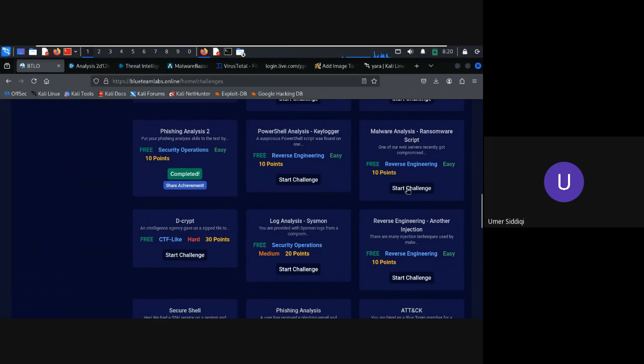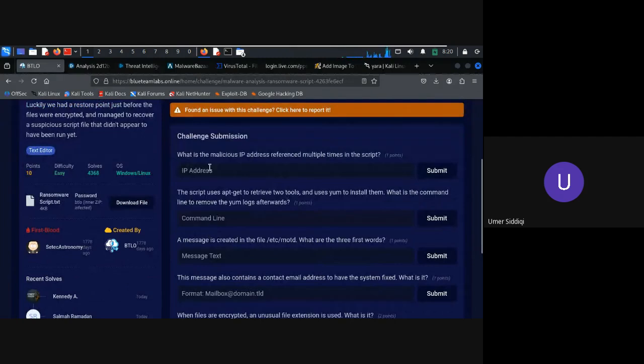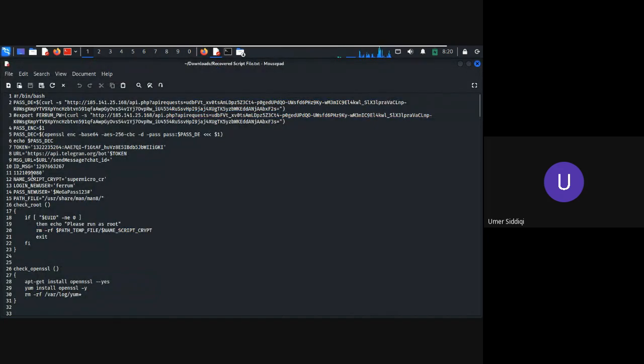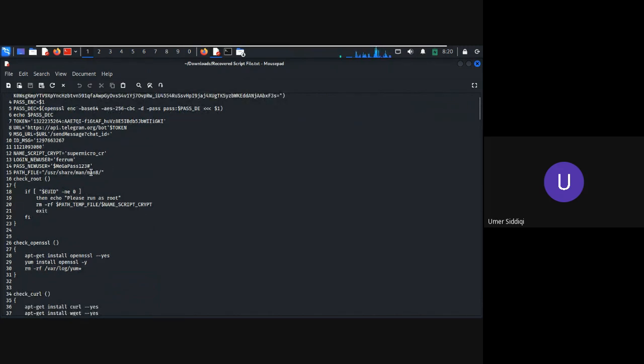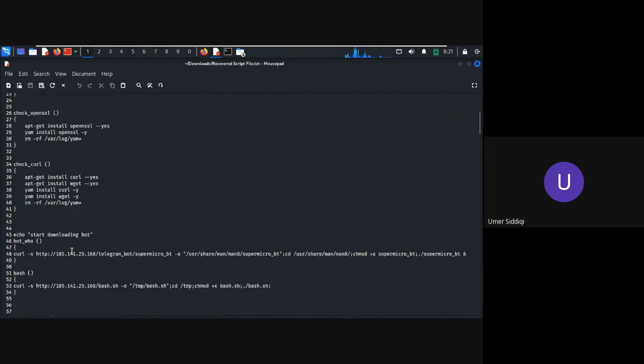तो ये वाला है। हमारे पास पहला क्वेश्चन है कि व्हाट इज द malicious IP address referenced multiple times in the script? So this is a script, ठीक है, ये एक स्क्रिप्ट है, राइट? See, this is giving the path file, this is giving the user, the new user's password, and then installing something, yum install OpenSSL, and then you see installing curl, and then installing a wget. So who's familiar with the Linux machine will understand कि इसमें हो क्या रहा है।